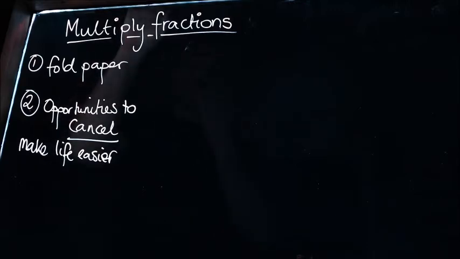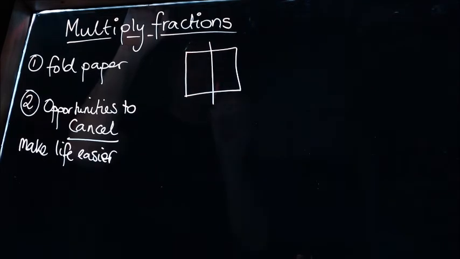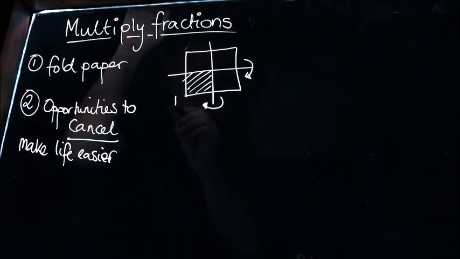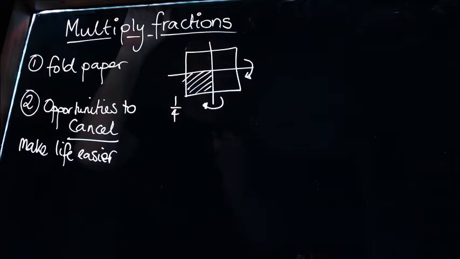What I just wanted to point out to you is that if we fold a piece of paper in half and then we fold it in half again, what we're left with is a quarter. So that shaded area represents a quarter. So mathematically what we write is a half times a half equals,